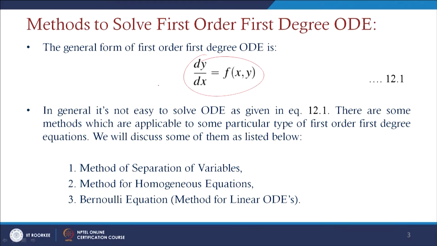dy by dx equals f of x y, which involves one dependent variable y and one independent variable x. In general, it is not easy to solve the ordinary differential equations as given in 12.1, since if it involves some nonlinear factors or some multiplied factors in terms of f of x y, then it is not easy to get the solutions. Or if we cannot separate x and y into different forms, then it is difficult to get the solutions. There are some methods which are applicable to some particular types of first order first degree equations